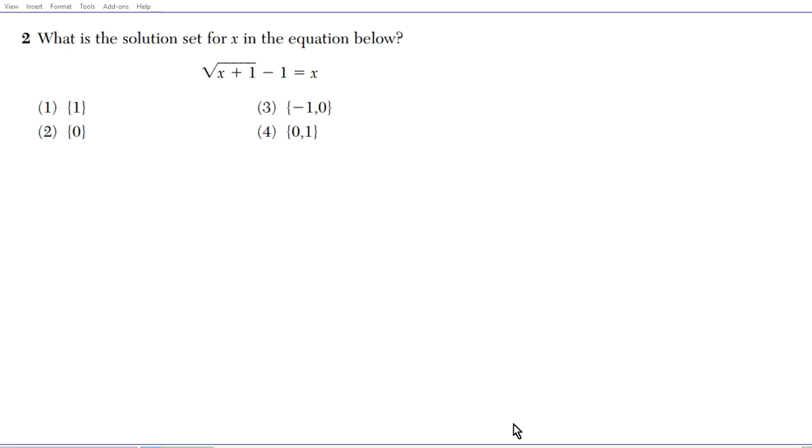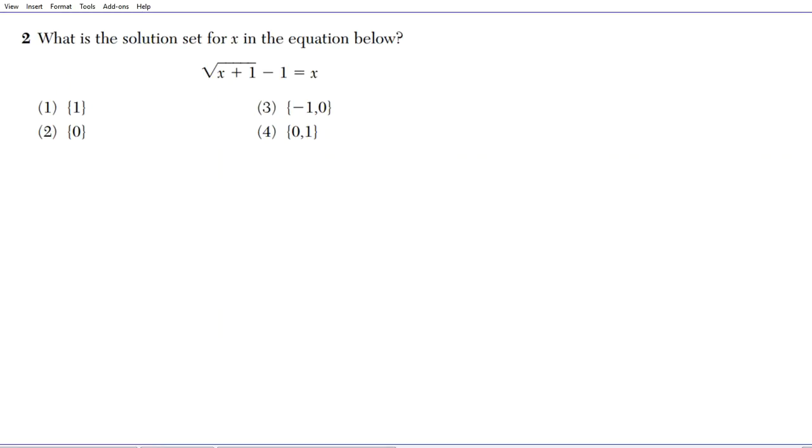All right, let's take a look at question 2. It reads, what is the solution set for x in the equation below? So we have the square root of x plus 1 minus 1 equals x. All right, so something you want to keep in mind concerning